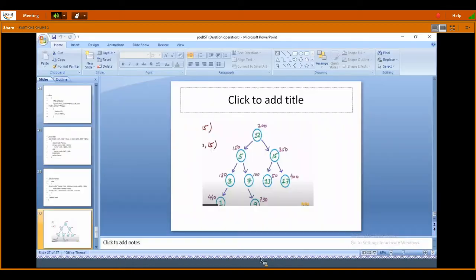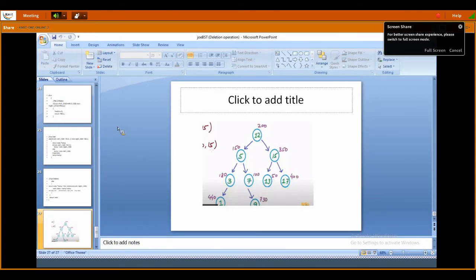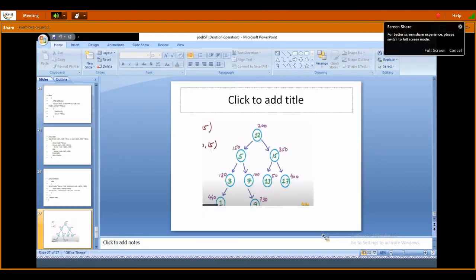A node with 2 children here. Suppose if I want to delete